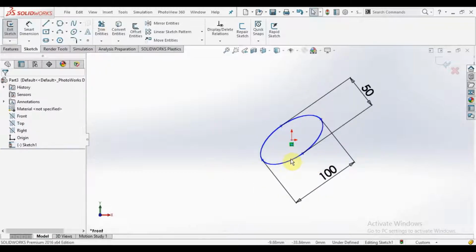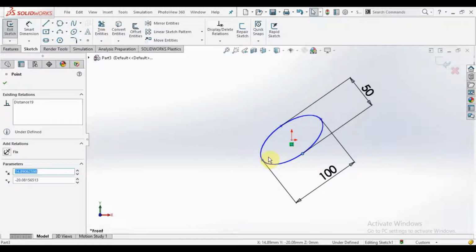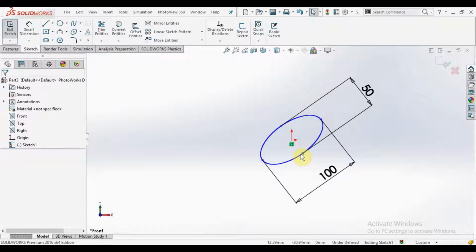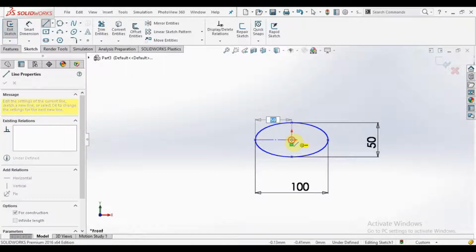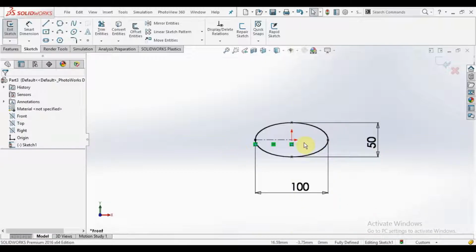So click on it and make them horizontal. Yes, this line. These two lines, this end of the line, are connected to the ellipse and origin, and this line is horizontal, so it makes the ellipse fixed. Okay, let's move on to the other.